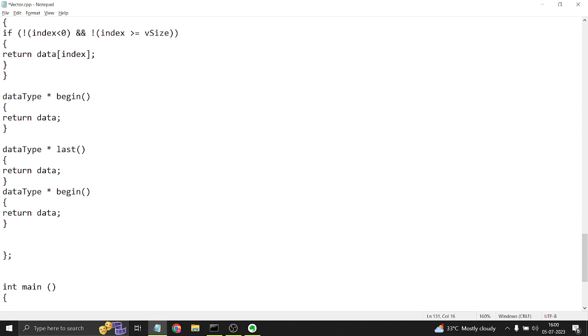So last, we need to get the address of whatever is the last element. And how do we do this? Let's say data is pointing to the 0th index. Data plus 1 would point to the first index, right? Let's talk about position, it would be more clear. Data is pointing to the first position. Data plus 1 would point to the second position. So